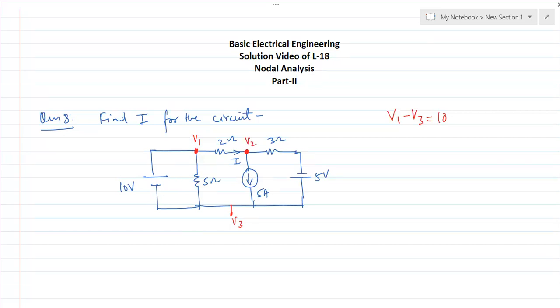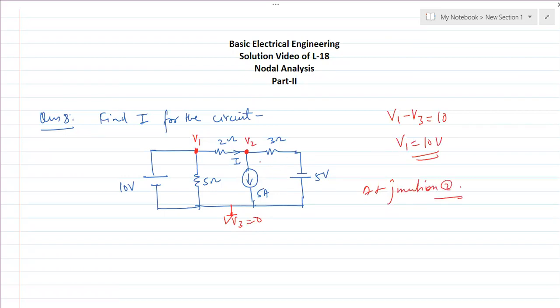That simply means कि इन दोनों बीच के potential का जो difference है वो 10 volt है with positive on the upper side. That means V1 is on the higher potential. So V1 minus V3 will be 10. Now if we consider V3 as a reference node and it is grounded, so that simply means V1 का value हमारे पास 10 volt आ जाएगा, and out of 3 junctions 2 have been solved. Only one junction is remaining here, जिसके लिए हमें यहाँ solution करना है. Let's consider this junction as junction 2.